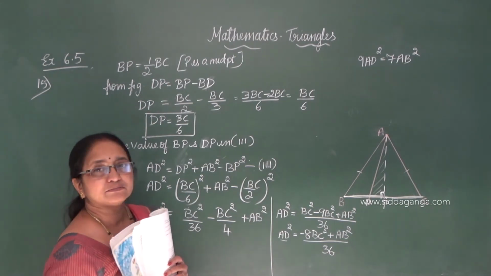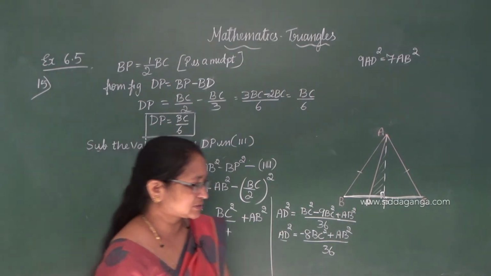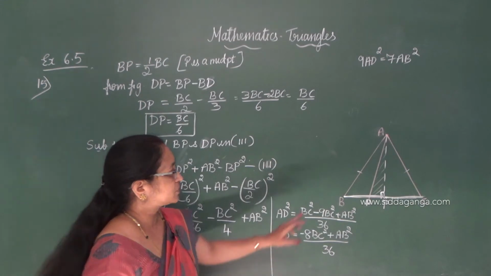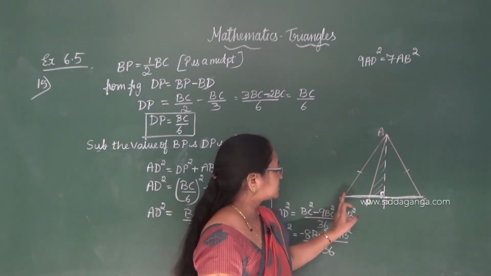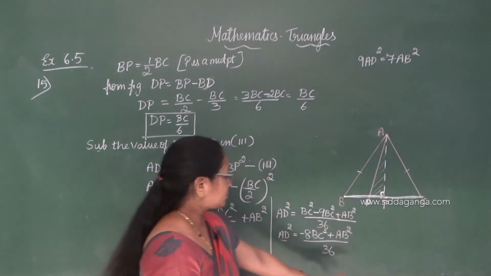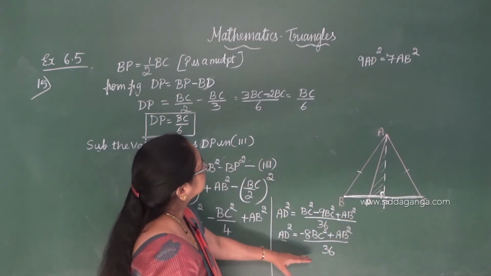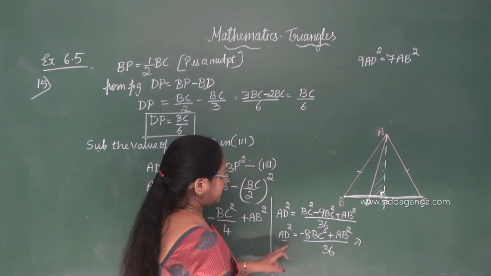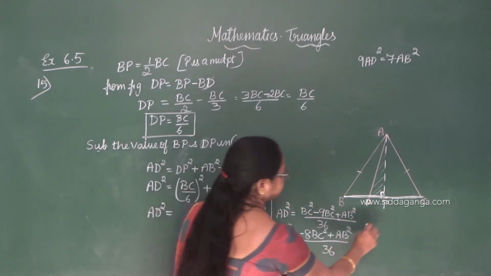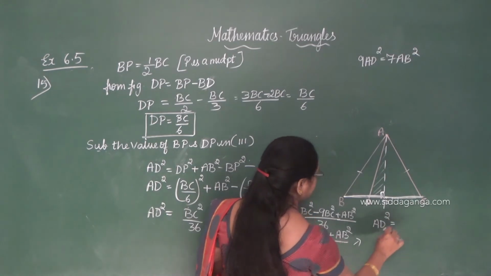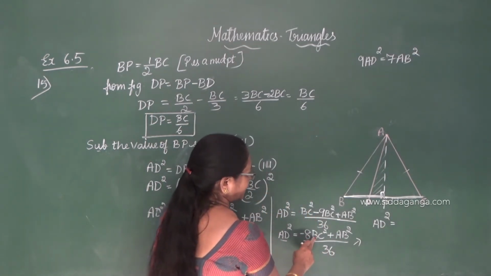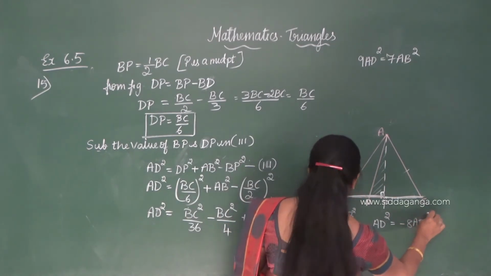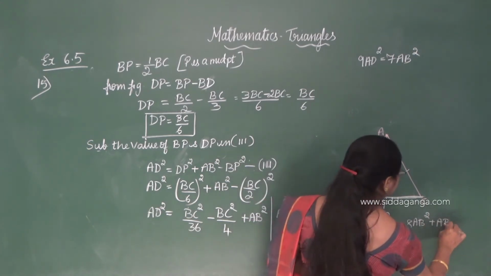How to replace BC? See, you all know this is an equilateral triangle. So can I replace this BC by AB only? Because all the three sides are equal. AB is equal to BC is equal to AC. So I am going to replace this. So shall I continue here? I will continue here itself. See here. Now what do you have now? So here AD square is equal to minus 8 AC square, AB square minus 8 AB square plus AB square.